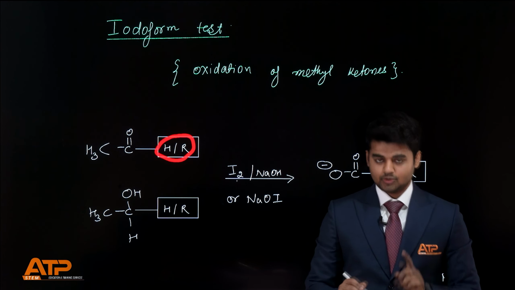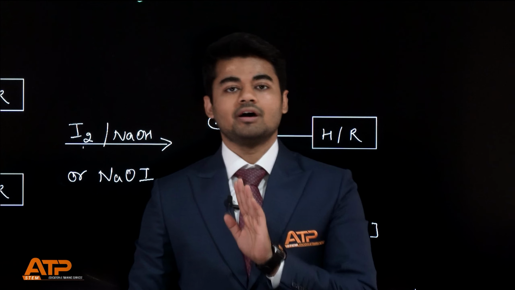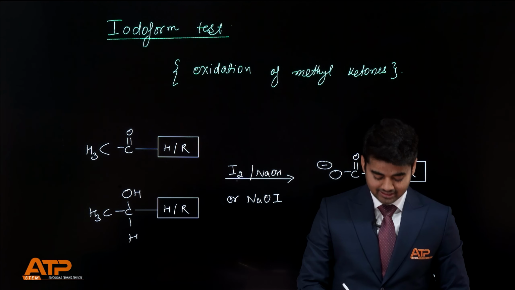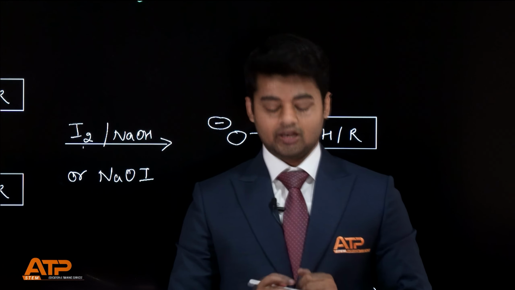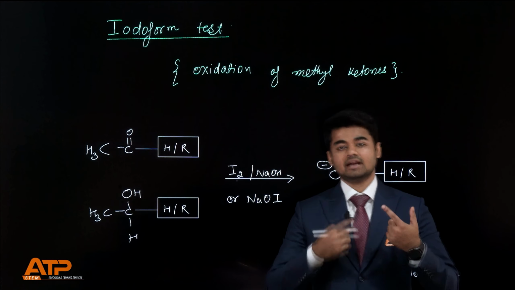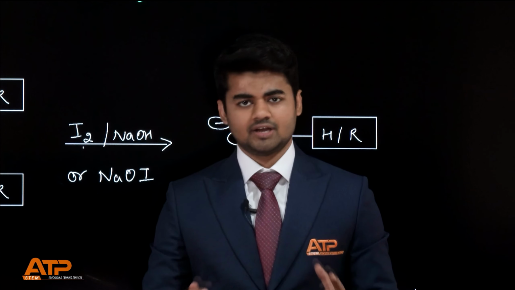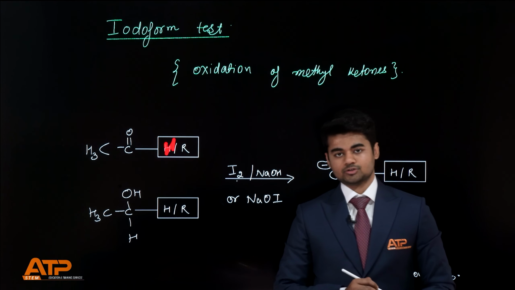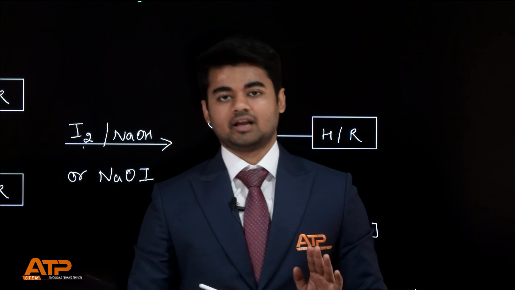In this box, you can have hydrogen, you can have alkyl groups. You are not allowed to have, let's say, OH here or NH2 here or ester here. Anything else is not allowed. Just hydrogen or alkyl groups. Now, alkyl groups, when I am saying, it can be methyl, it can be ethyl, it can be benzene ring, it can be propyl, whatever it can be, but it should be a carbon related group or hydrogen. Not OH, not NH2, not an ester, nothing like that.